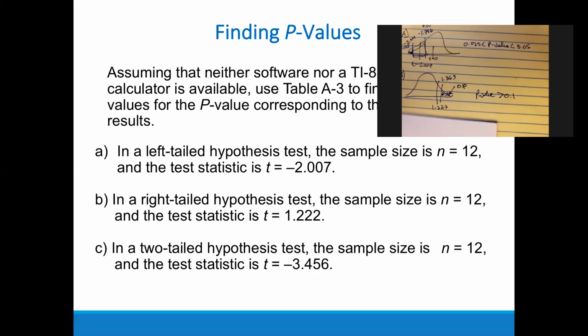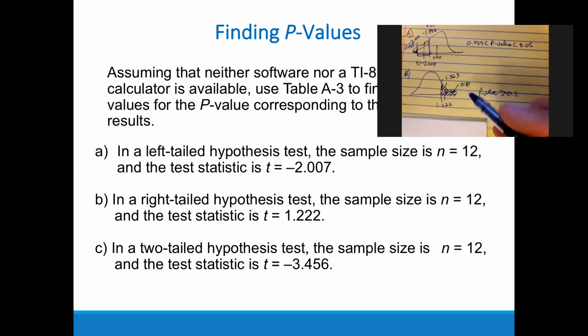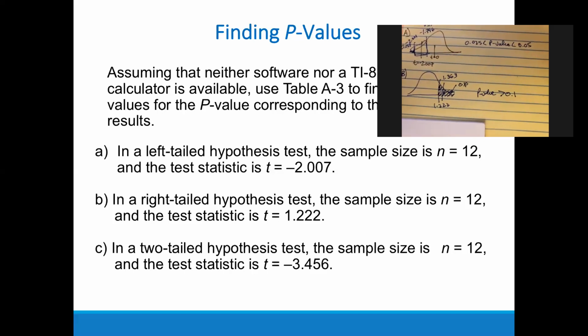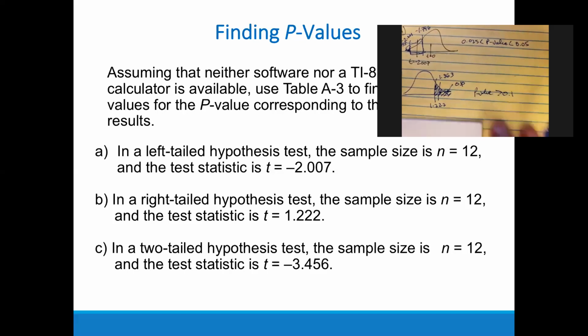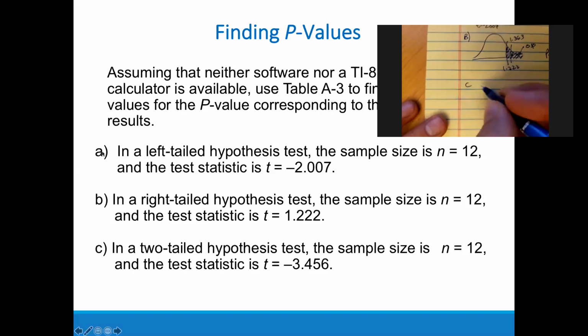Okay? Because if you think about the test statistic, remember, the area that's to the right of it is what its p-value is, if it's one-tailed. If it's two-tailed, you take that area and then double it, okay? And that's what I'll show you here in a second. So for C,